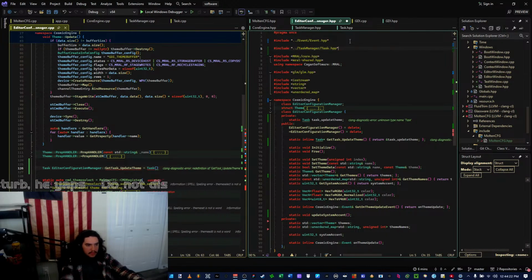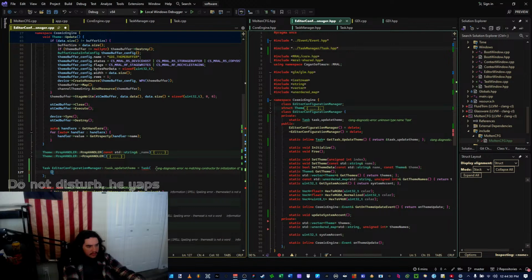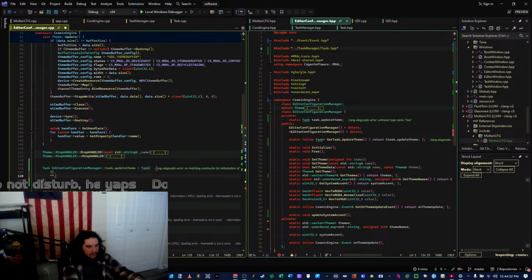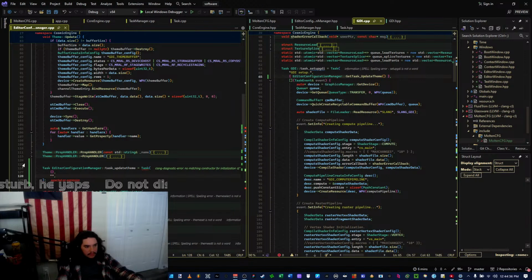Task manager. Task. Alright. Put that in there. That in there. What parameters do I allow? Oh, whoops, these are backwards.